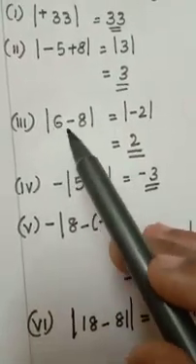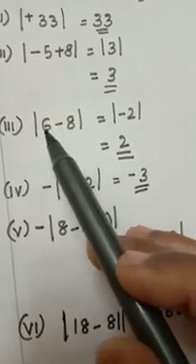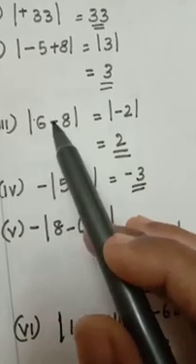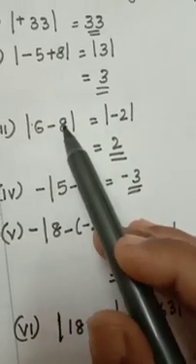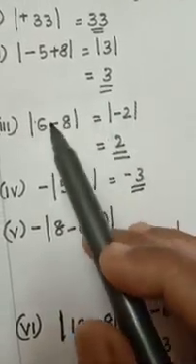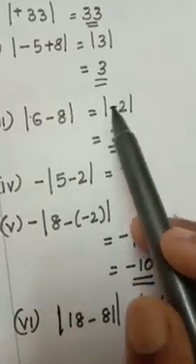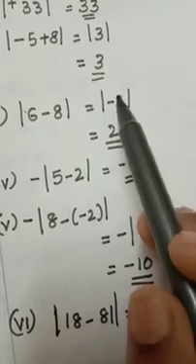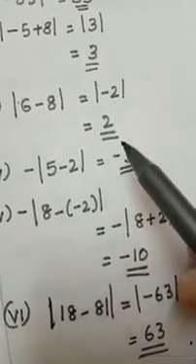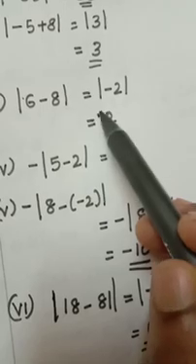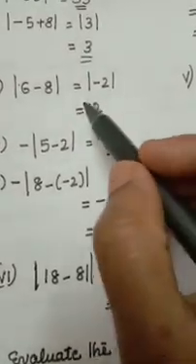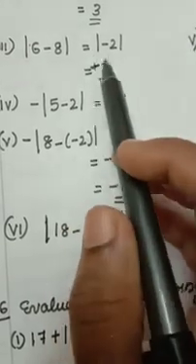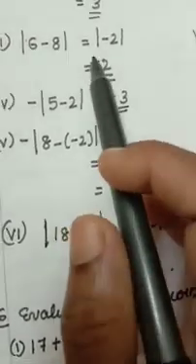Next 6. Absolute value of 6 minus 8. 6 minus 8. Here positive sign, here negative sign, different signs. You have to subtract and put the bigger number's sign. 8 minus 6 is 2. Bigger number is 8. Sign is negative. But I told you in the absolute symbol, any number inside will come out with a positive sign. Okay, that is positive 2. No need to put a positive sign, a number without a sign is already a positive number.